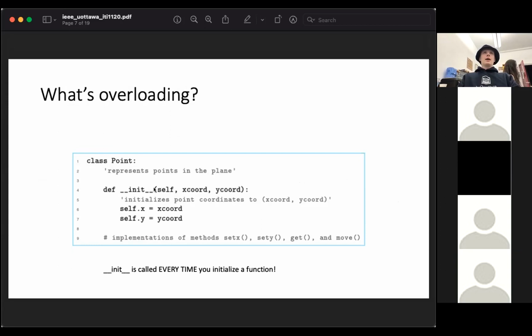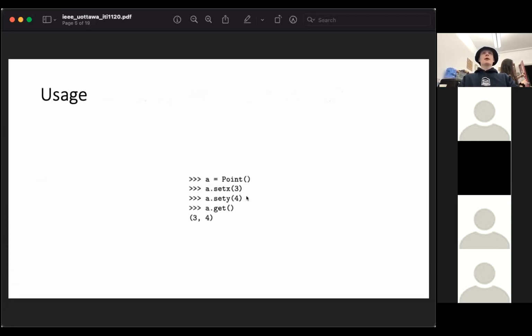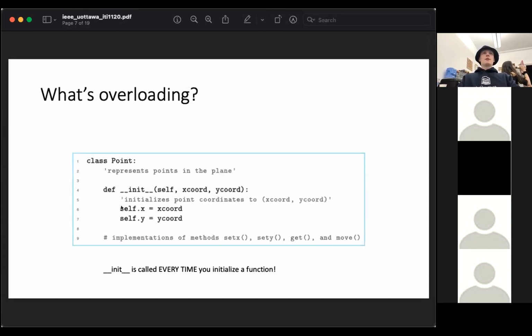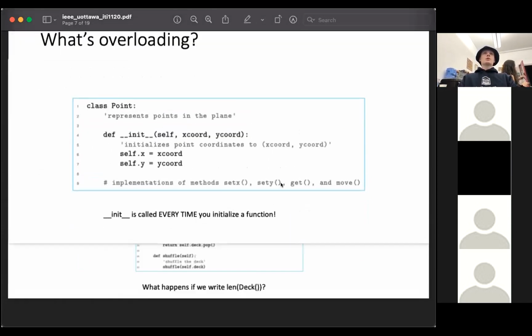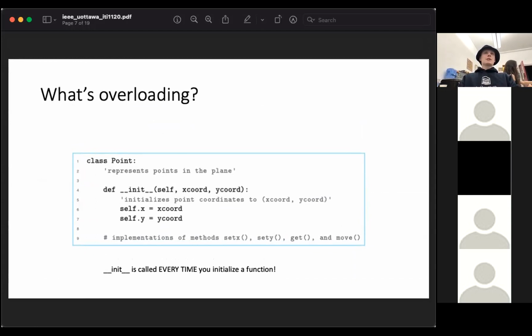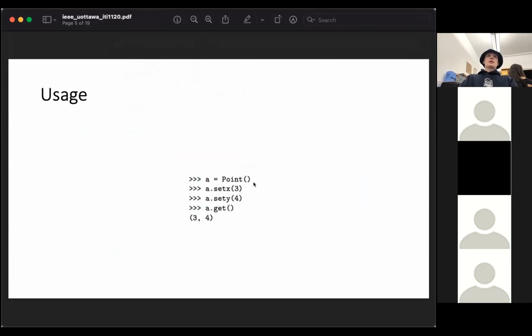So here you're overloading or overriding the function. Here you have init, and that means that you can basically initialize the object with points already there, so that you don't have to do setX and setY. And this basically does the same thing as those previous functions that we made, except it's when you initialize it. So init is called every single time you initialize a class object, even if you don't override or overload the init function, it always has one. And so that's why here you have the brackets. So this is basically saying you want to initialize it.